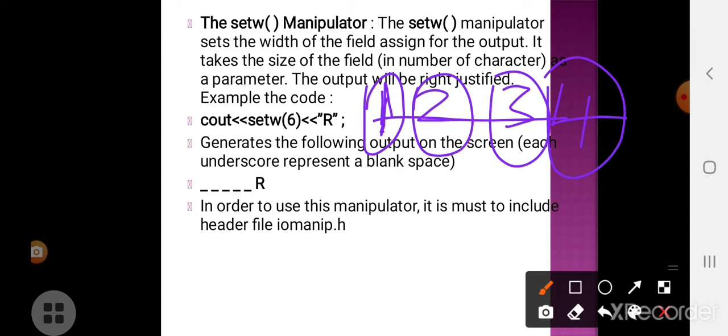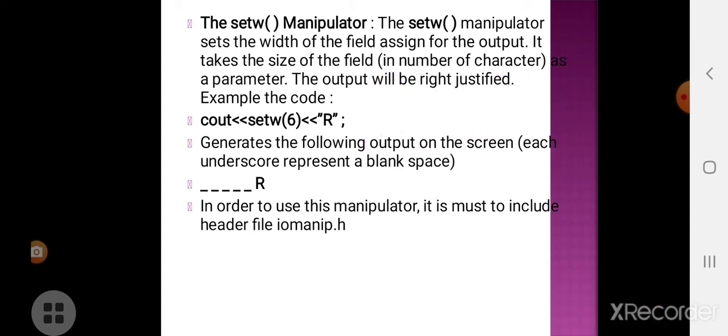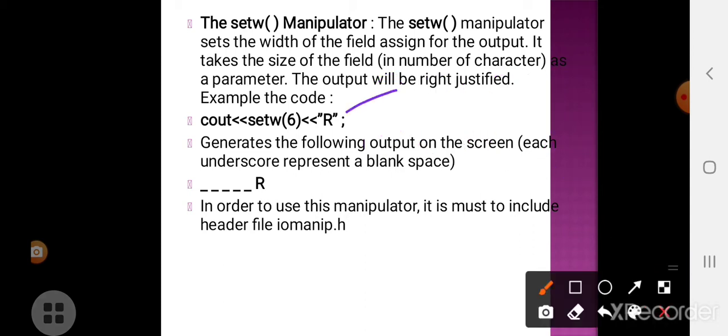Okay, for example, here I am giving cout insertion setW, then R. This R is an output variable, wherein setW is given 6. So the output has to be moved 6 digits.